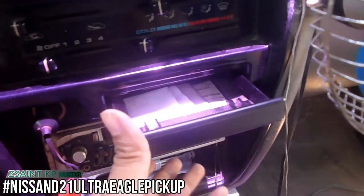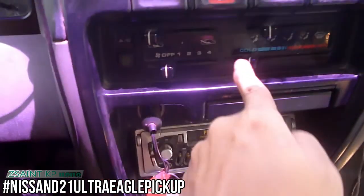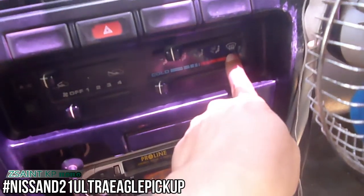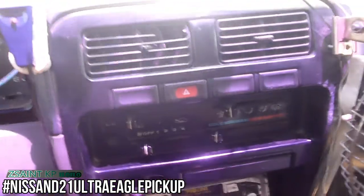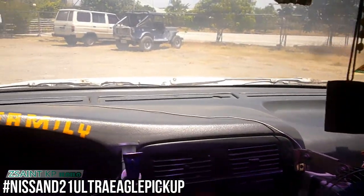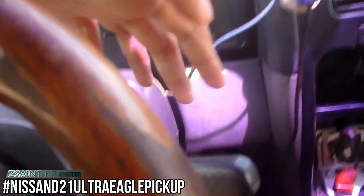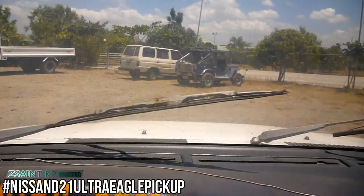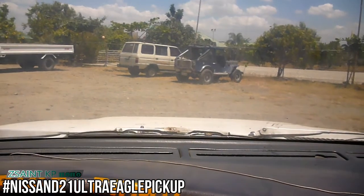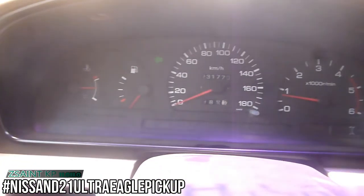Power outlet. Coin storage or ashtray. Simple aircon controls. AC controls, fan speed, temperature, different modes with front defrost and recycling vents. Your hazard switch, two aircon vents from center. Right here you got your wiper controls. Your light and indicator controls, small storage area,